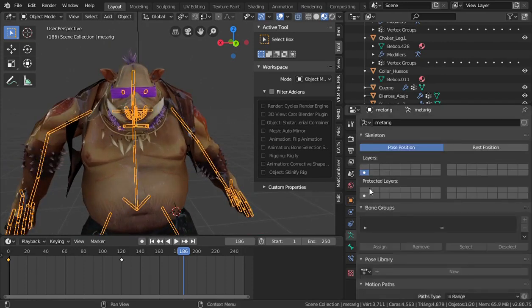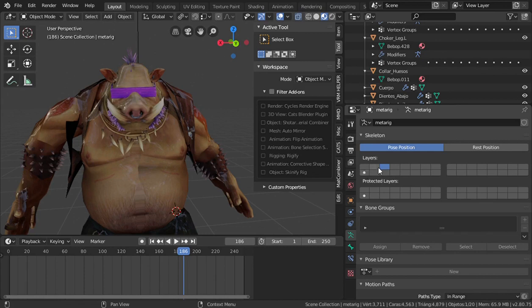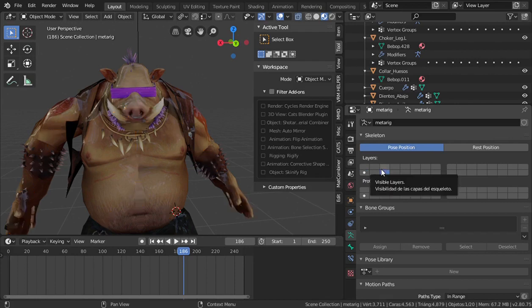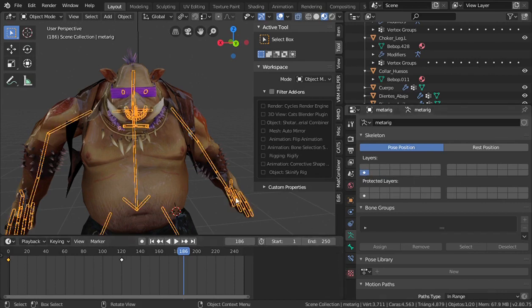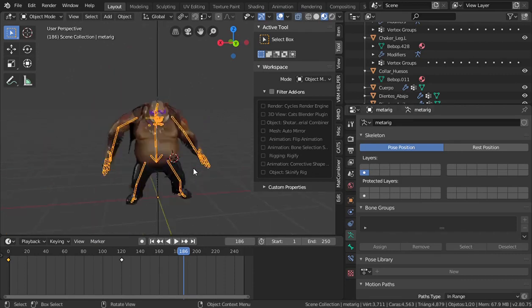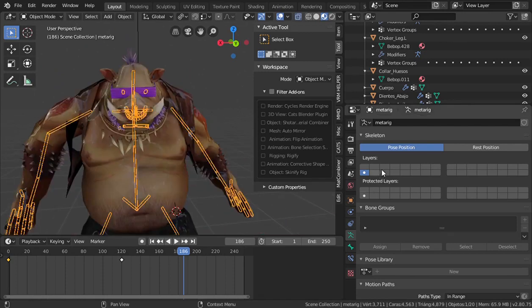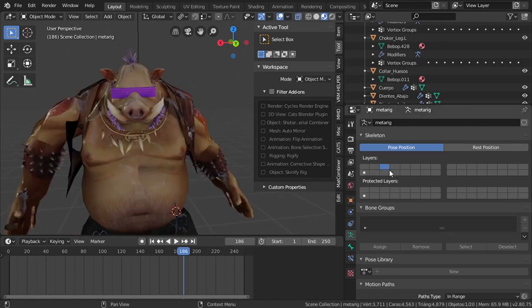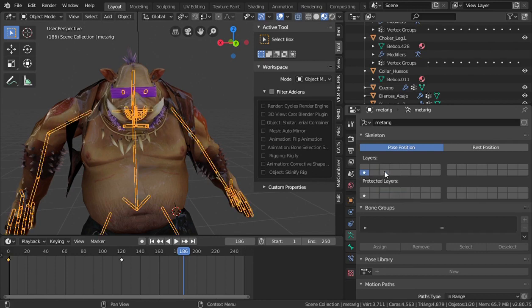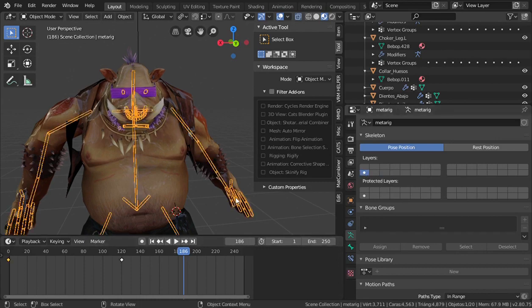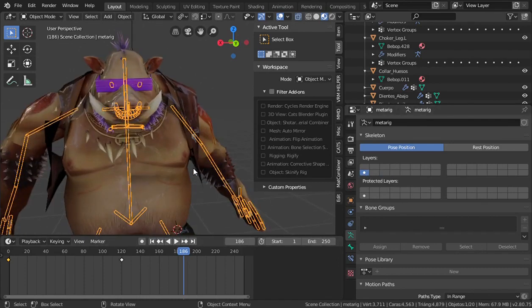And to fix that, just go to the armature tab, and click on the layer where the bones that you want to display are. So click on that layer and that's all. You can see here the armature and the bones. Click on any other layer,